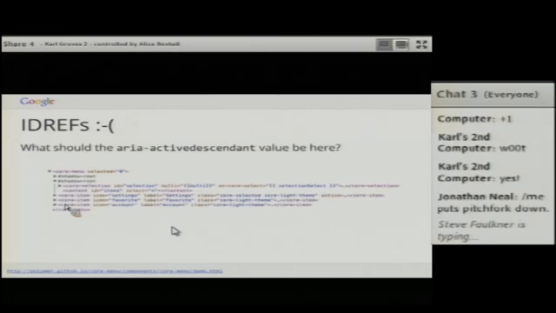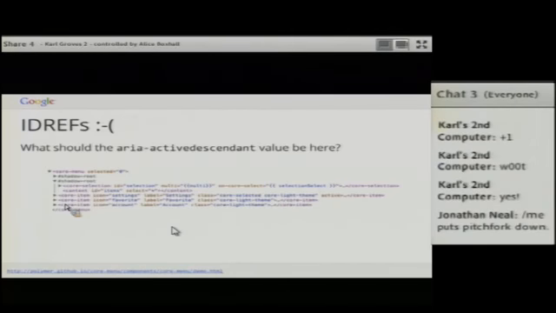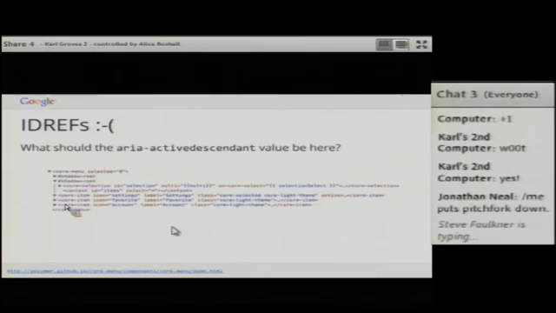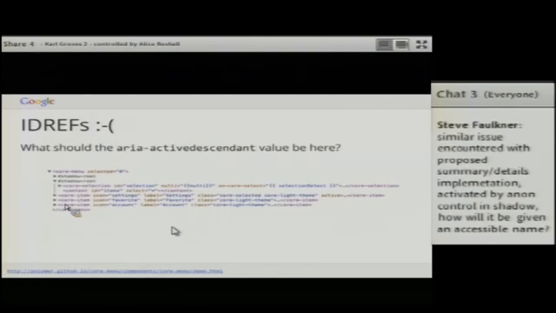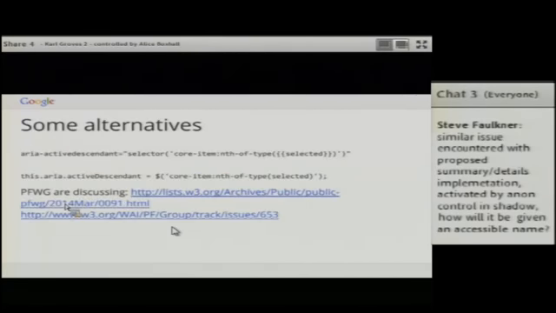So again, we would need to actually force the user to add IDRefs and then force the user to add the ARIA active descendant information there. Or we would have to generate a globally unique ID for each of these elements. So this might be something that the core menu then has to take control of. Again, it doesn't know about the other elements in the page necessarily, so it has no way to do that.